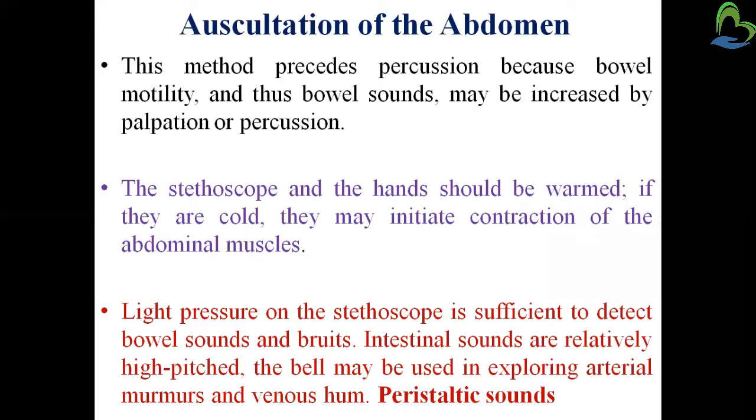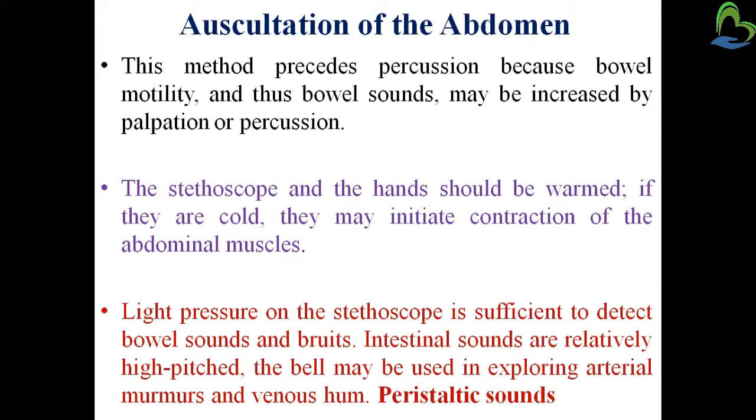So the next method you are going to assess is auscultation of the abdomen. So this method precedes percussion because bowel motility and thus bowel sounds may be increased by palpation or percussion. So you are going to first do auscultation, then you will proceed to percussion and palpation. So the stethoscope and the hand should be warmed before you apply it. If they are cold, they may initiate contraction of the abdominal muscles, and light pressure on the stethoscope is sufficient